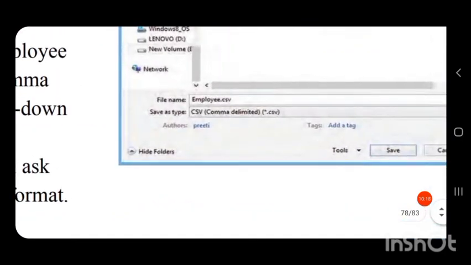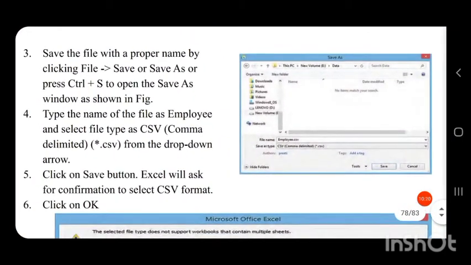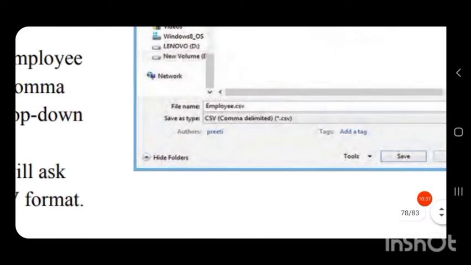Now type the name of the file as employee and select the file type as CSV delimited from the drop down arrow.